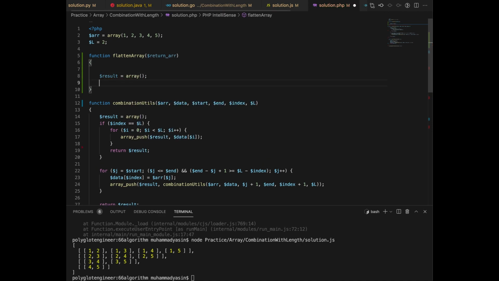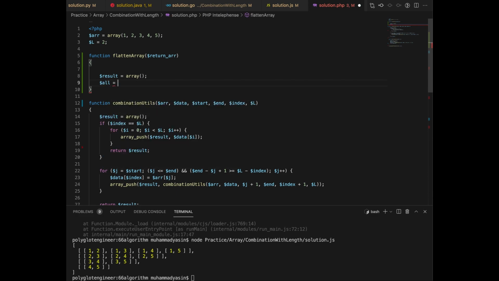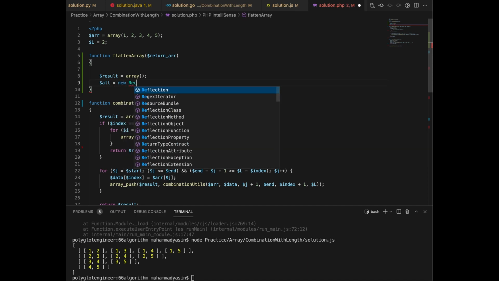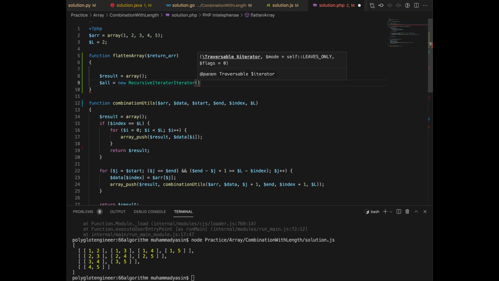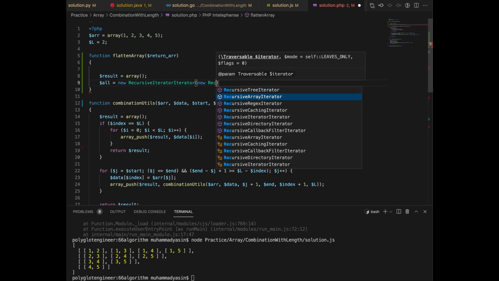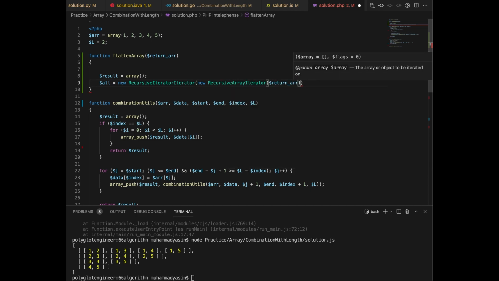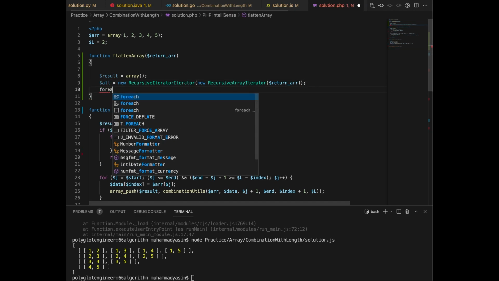We need this temporary variable. I'm going to say all is going to be new recursive iterator, and here you're going to have a new recursive array iterator. Just pass this one, okay, and we're going to say foreach